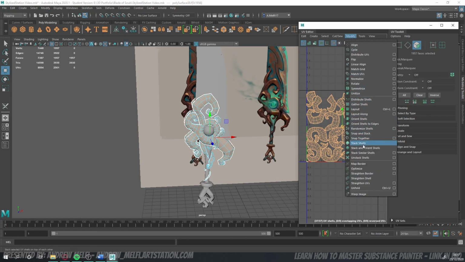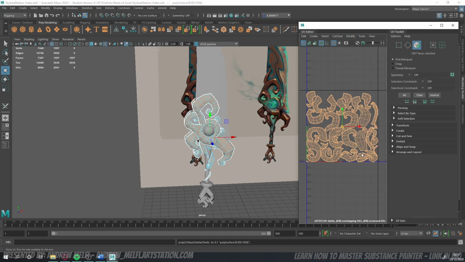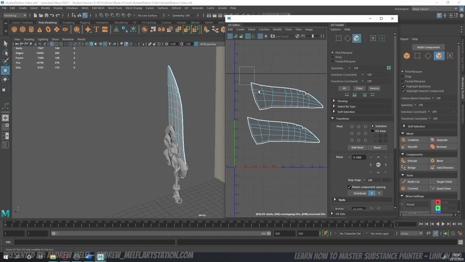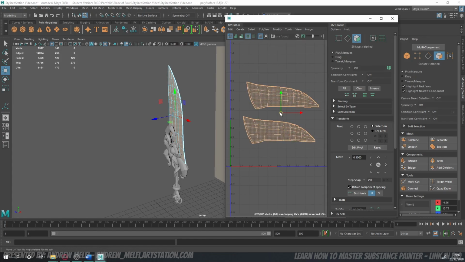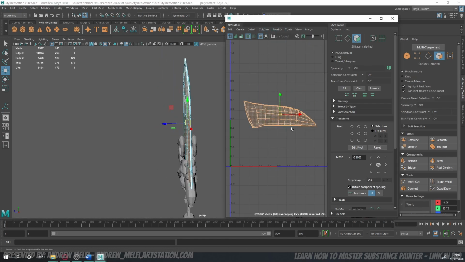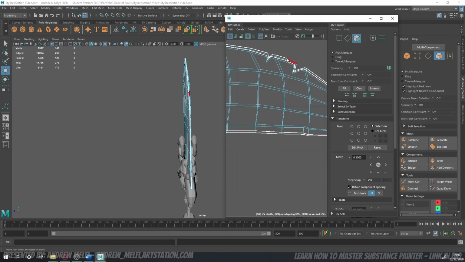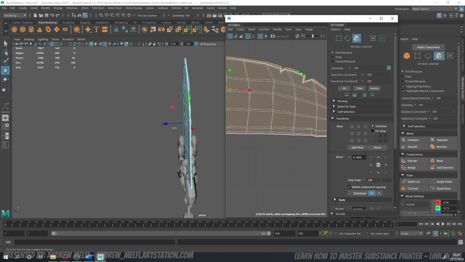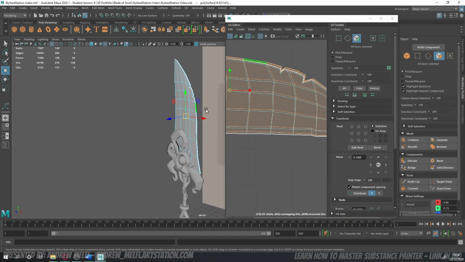What I'm going to do now is go to modify and stack similar shells. So for some reason when I came to unwrap the blade, it wouldn't quite stack how I wanted it to. Obviously you can see it kind of overlaps on the blade bit on the side there. So what I did was